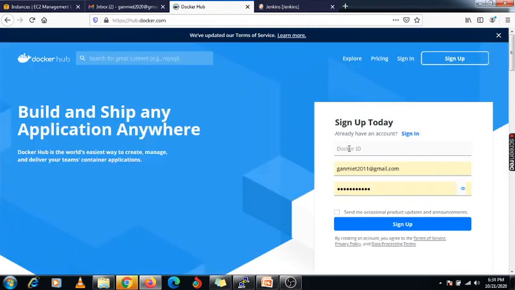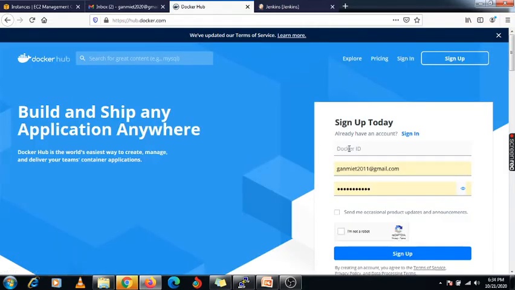Here I need to specify some Docker ID, so I am going to give HOC group, HOCG. Here I am specifying my email ID, gunmit2020@gmail.com, and here I am going to specify this password.